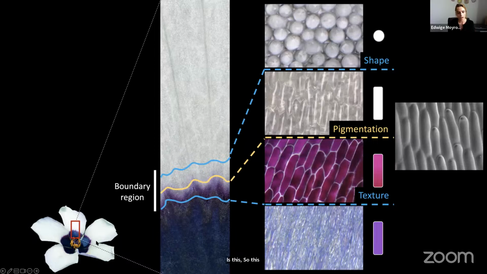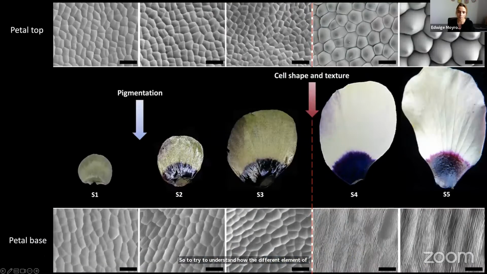If you zoom in at the interface between the two regions in a mature flower, you find cells that are flat and elongated, like the cells we've got at the base of the petal, but they are completely smooth. So they have the shape of the cells of the proximal region and the texture of the cells in the top region. So to try to understand how the different elements of this bullseye came about during development, we looked